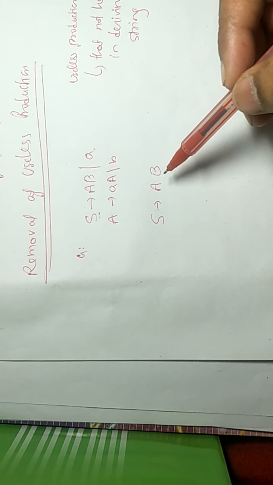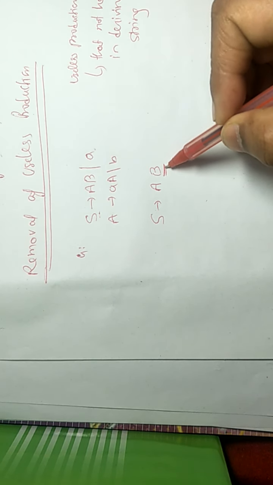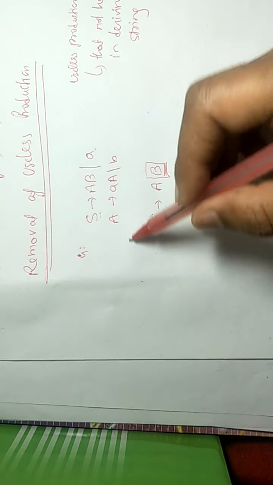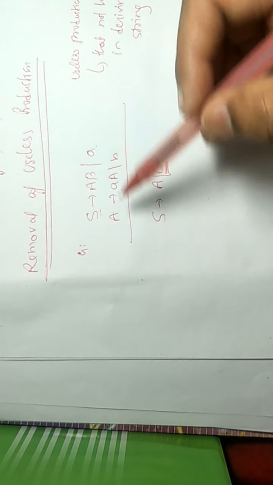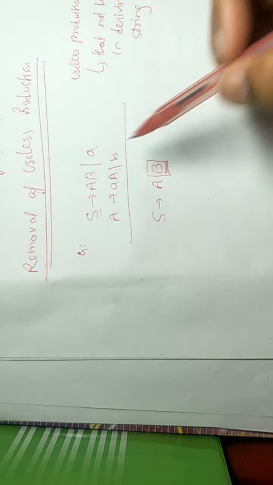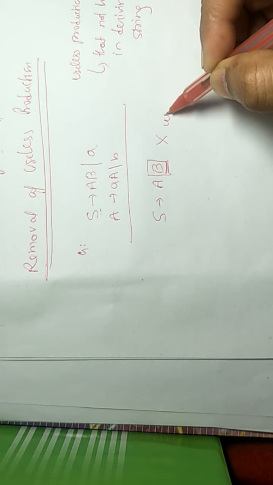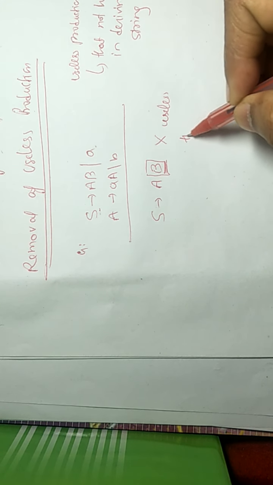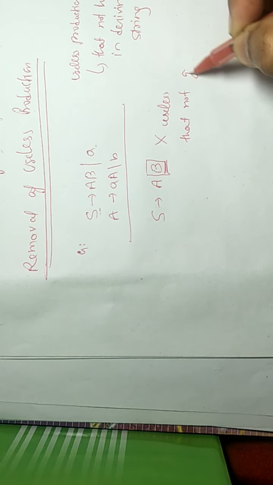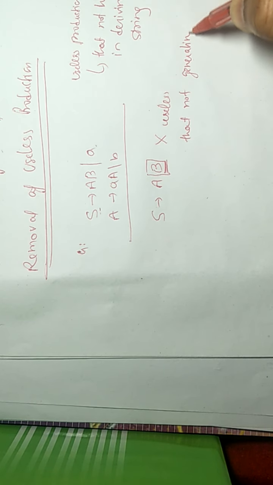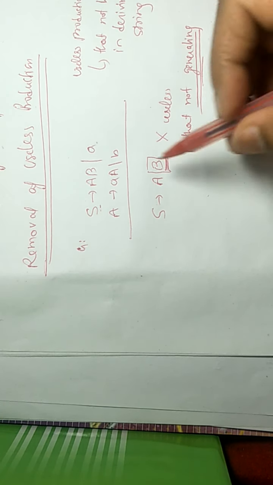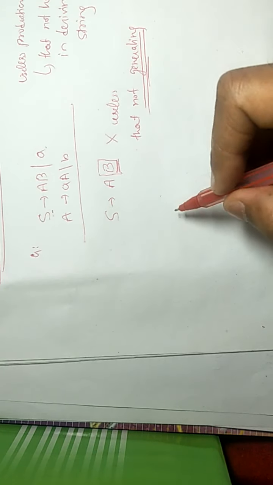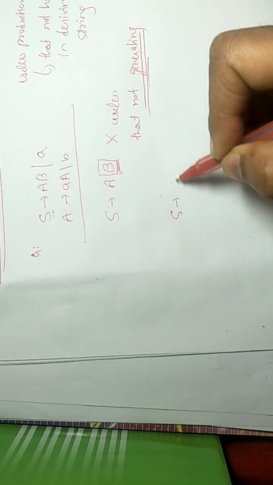We cannot derive any string from it because there is no value for the B. We cannot replace B because there is nothing given for the non-terminal B. So this is useless, because it is not generating anything. So we can remove the production S tends to AB, and the resulting grammar will be S tends to A,